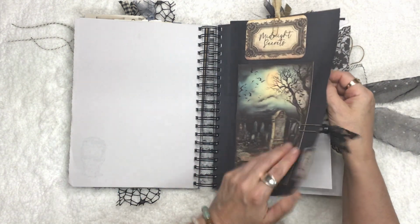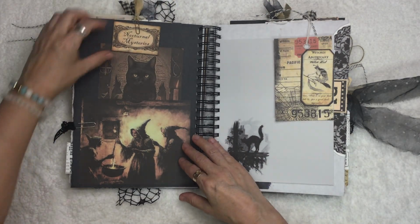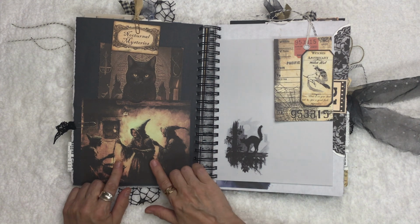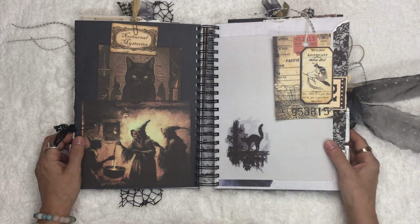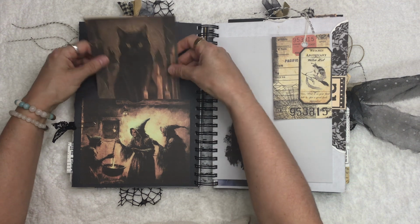And then, what have I got? I'm attached here. And we've got, I love this. This was a digital I got on Etsy. Well, actually, pretty much everything in here is a digital I got on Etsy. So I love these three witches. And then, of course, it's not a coven without a...